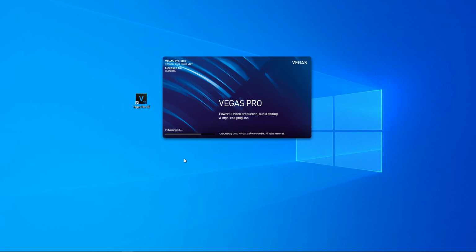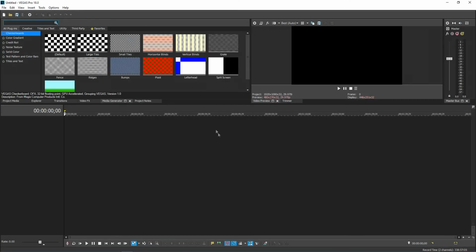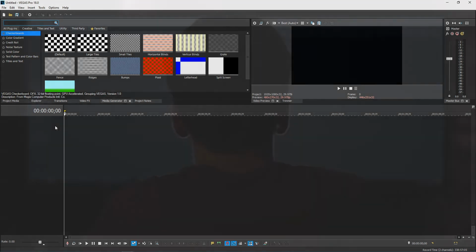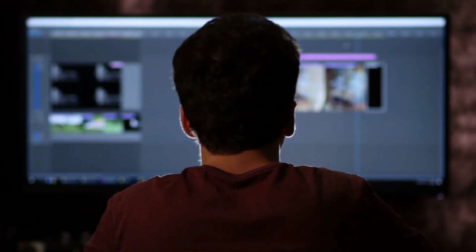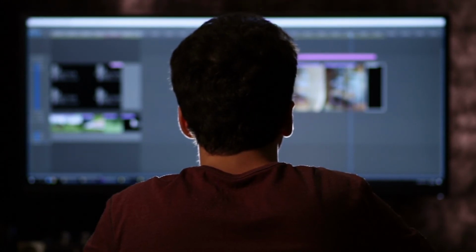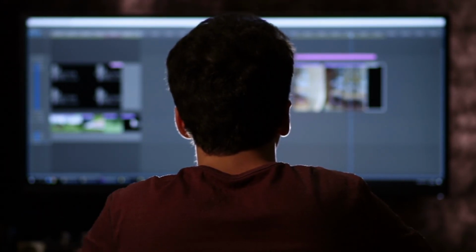Now, let's go over the basics of the timeline. When opening a new project, Vegas will display nothing on the timeline, meaning there are no tracks yet. Once you add a raw video clip into the timeline, Vegas will then automatically create the correct tracks for you.